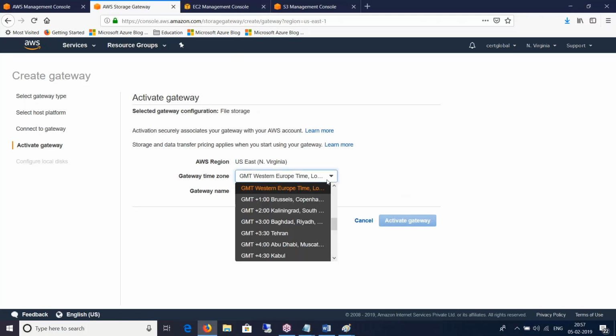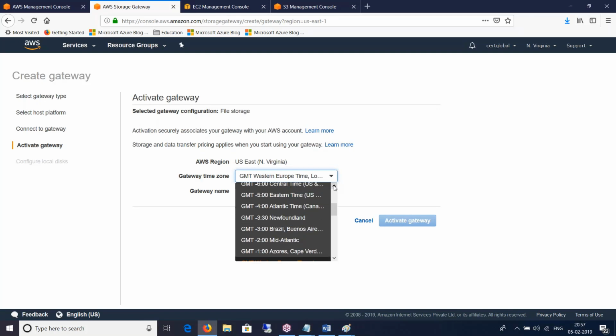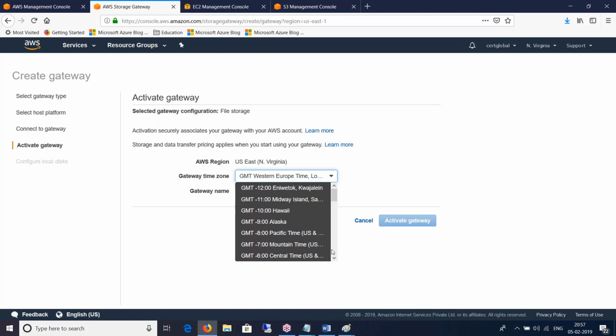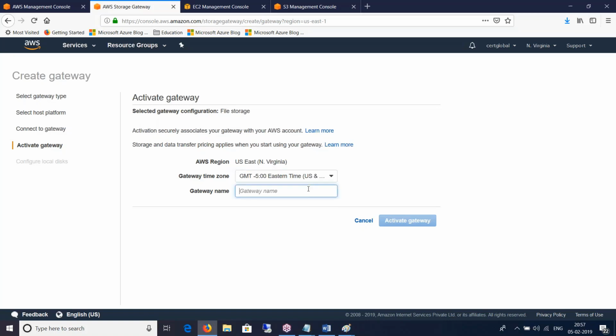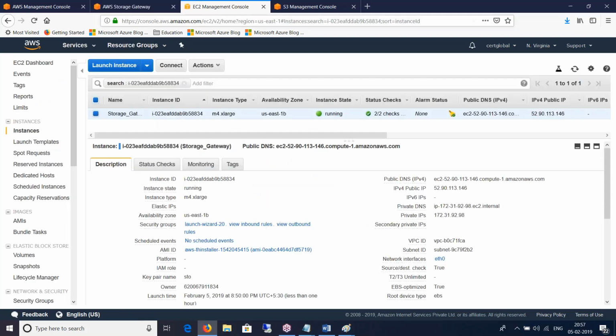This file gateway, the storage gateway, can we use it for some other purpose as well, along with the gateway purpose? I mean, can we install anything on the server and access it over the public IP address? Yes, you can. Amazon is not stopping you from using this storage gateway for other purposes.